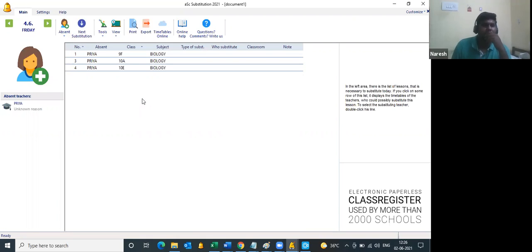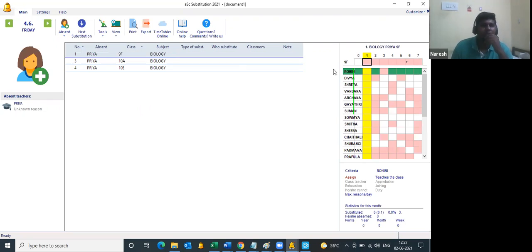Adding manually is nothing but, if you want this teacher to be replaced by the same subject teacher, biology, but maybe they might be different biology teachers. If you want to add it manually, you just click on the particular row, first period row anywhere. On the right side, you will find the screen with different colors. The green color denotes each teacher. When you click on each teacher, it just denotes that particular row.